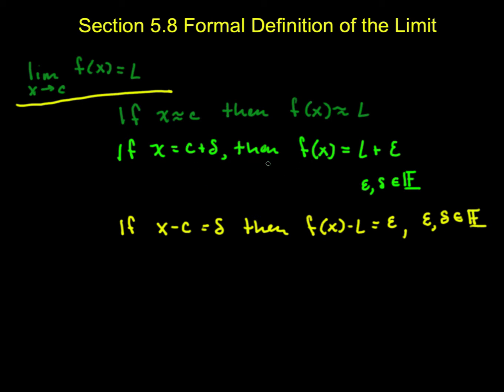Now I'm going to play around more with this idea to see what if we loosen up this requirement that epsilon and delta have to be infinitesimals, and get an idea of this idea of the limit, meaning that as long as x is equal to c plus some number, then f of x, the same x getting put into here, would be equal to L plus some little number. So where that might come into play, let's